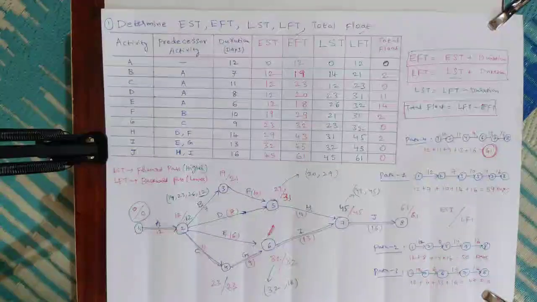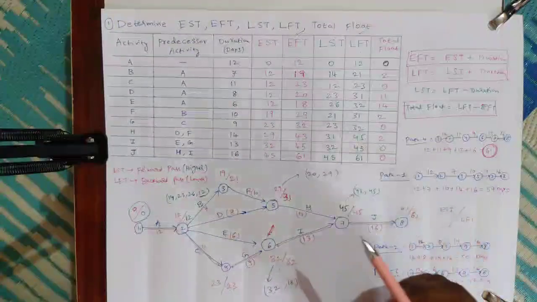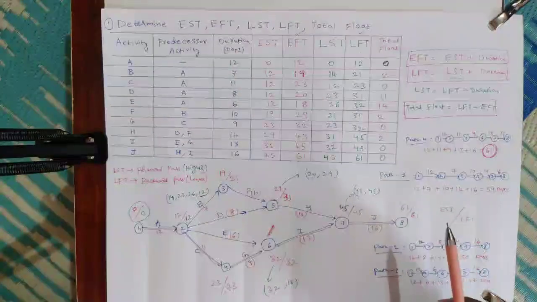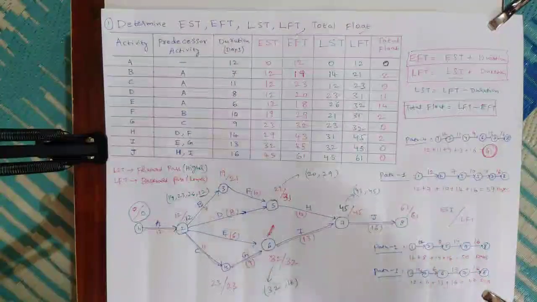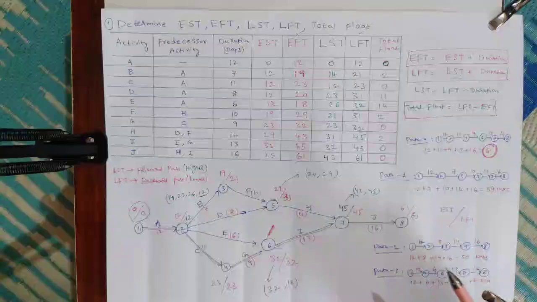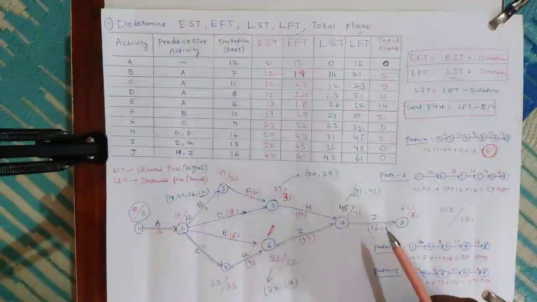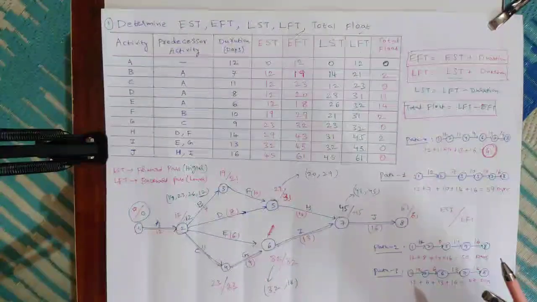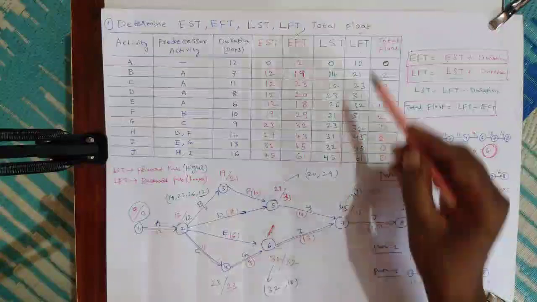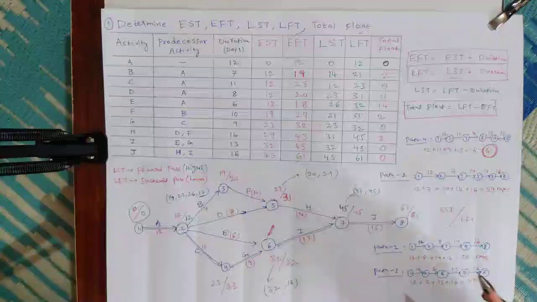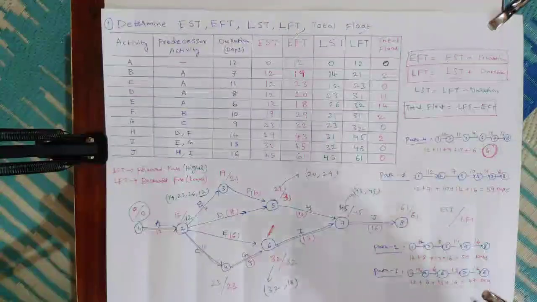We also should know what is earlier start time. EST means it is the earliest possible time a task can begin in a project, and EFT, that is earlier finish time, is the earliest time by which the activity can be completed, and LST means it is the latest time a task can be started without delaying the project's end date, and LFT is the latest possible time a task can be completed. Okay, and finally total float. Total float is nothing but the amount of time an activity in a project can be delayed without affecting the project completion time.